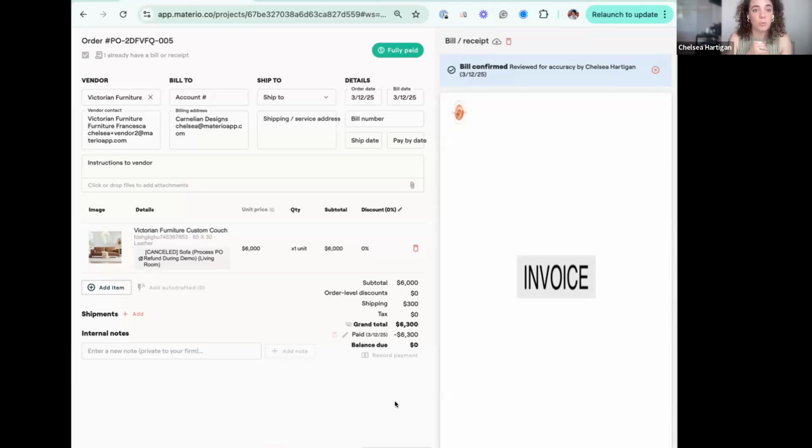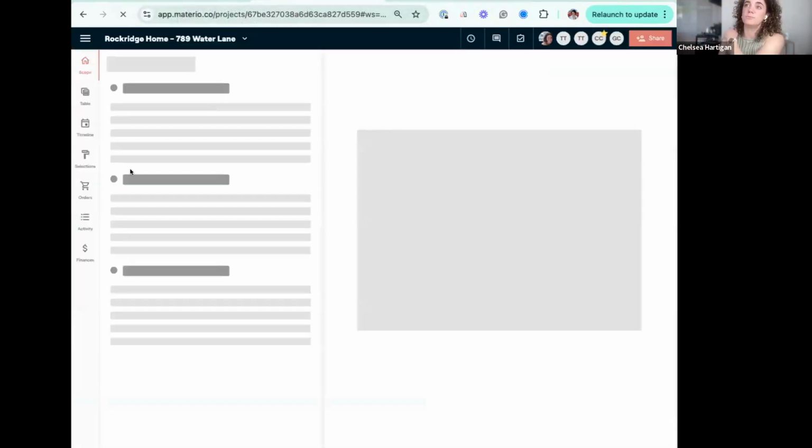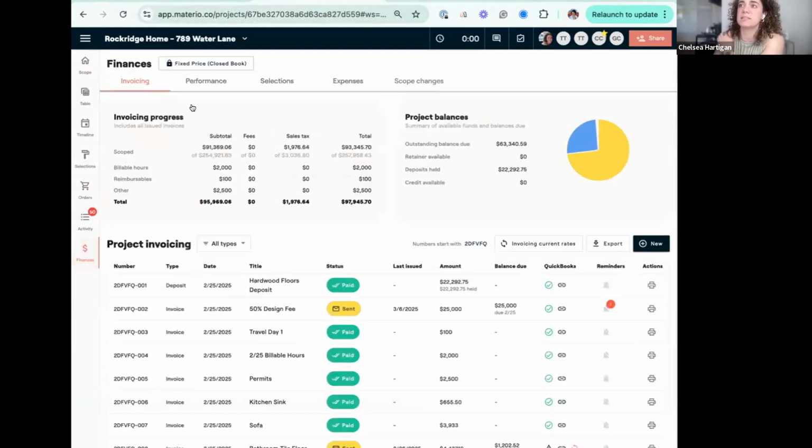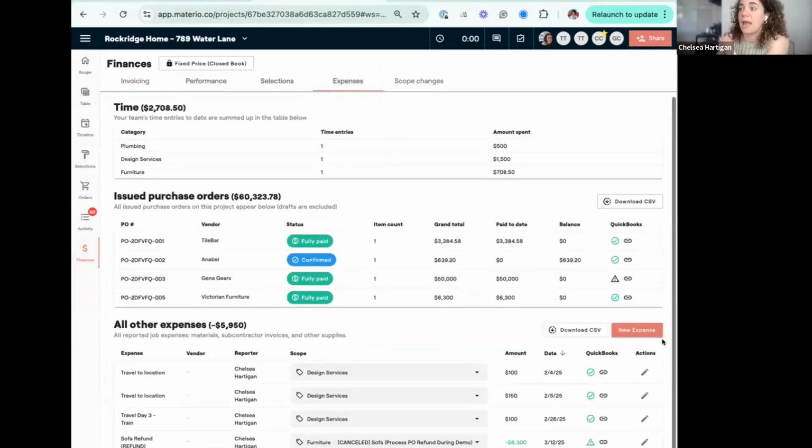So instead, what you're going to want to do is document a refund. Let's say this vendor refunded you for this, which can often be likely. You're going to keep this PO completely the same. You're not going to edit this PO. What you're going to do is go to your finances, go to your expenses, and document this as a new expense